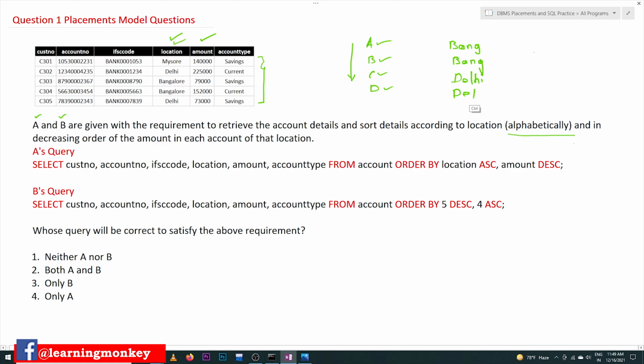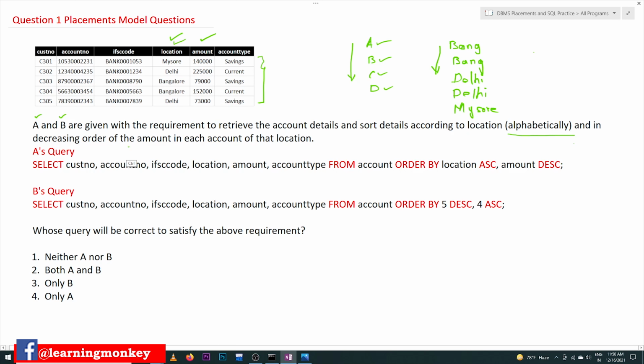Two accounts in the Delhi location are there, and after that Mysore will get displayed. This is how the locations are to be there, and the next requirement is the decreasing order of amount. So within these locations, the amounts are to be displayed in the decreasing order.